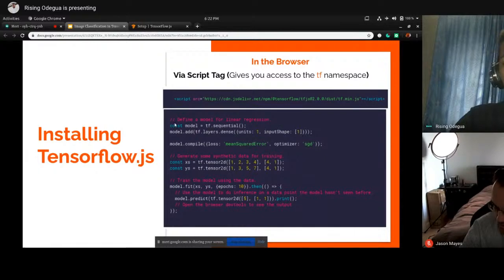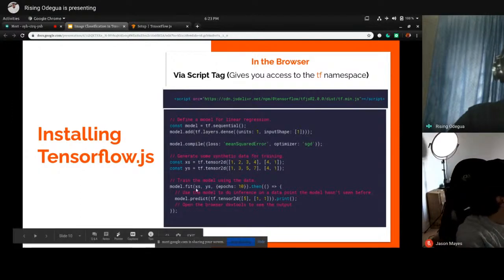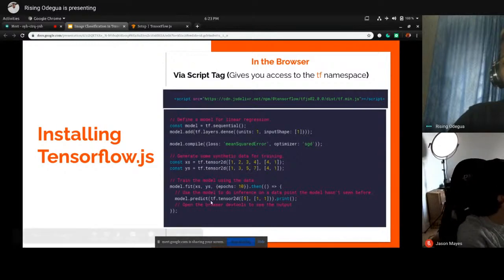You can see we are creating a very simple model here, a sequential model that accepts one unit as input. Then you can compile it. You can see the API is very similar to the Keras API, so you can easily look at it and understand it. Okay, so we just create a simple input and output, then we'll feed and train.